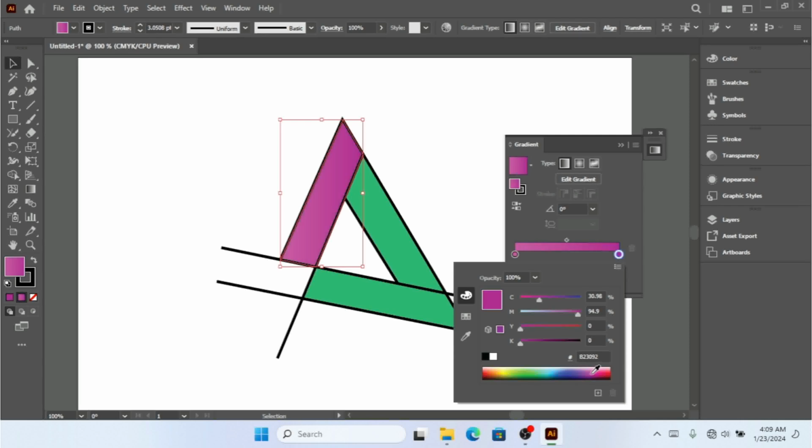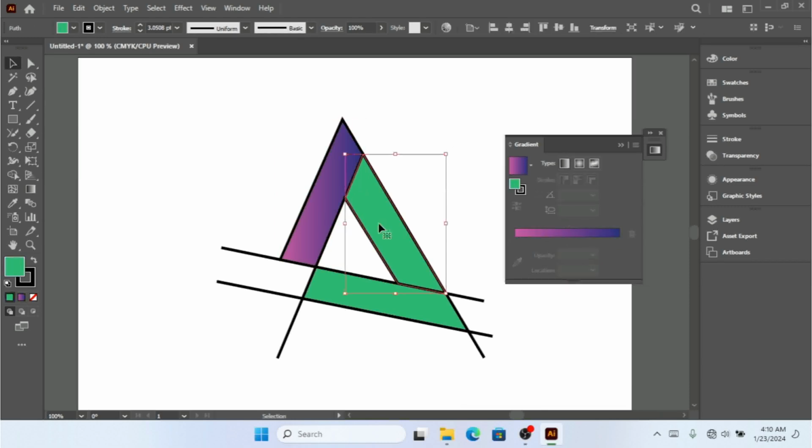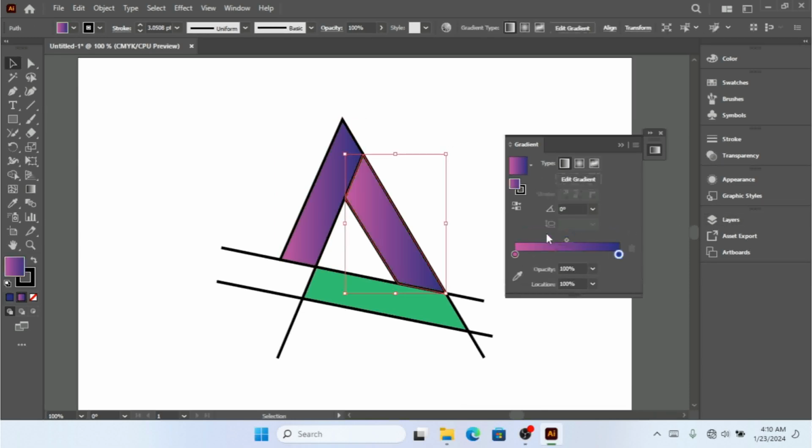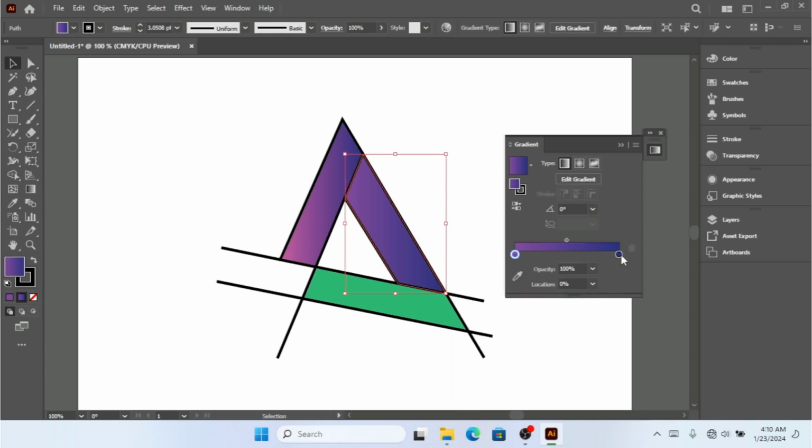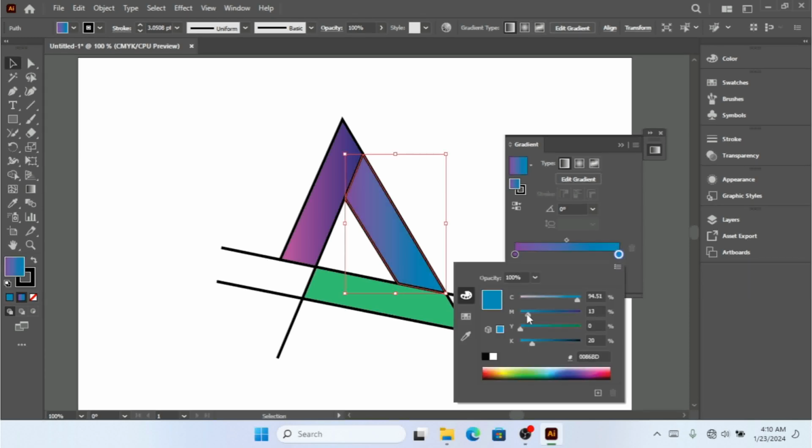Let me select a really cool modern color. We're going to select a color for this. If we reverse it, I think it doesn't look good for the logo. So we're going to select a different color, not the same color. We're going to use this one, and also with this we are going to